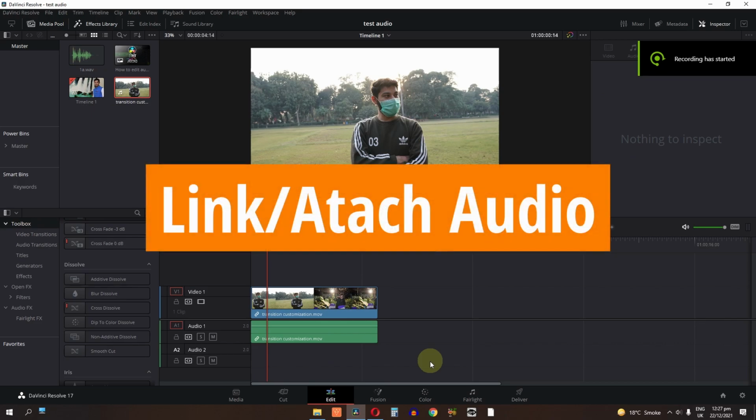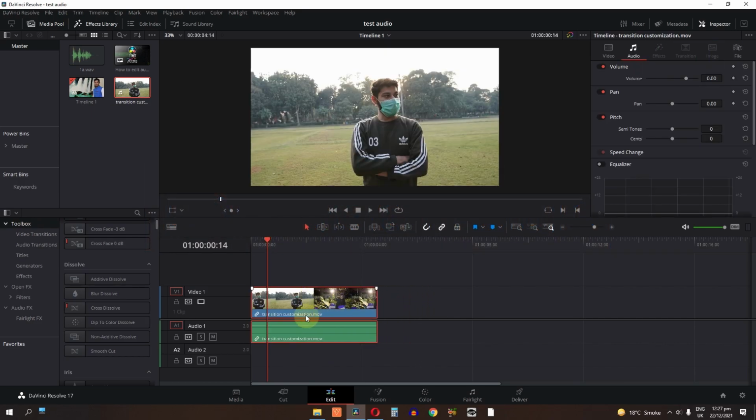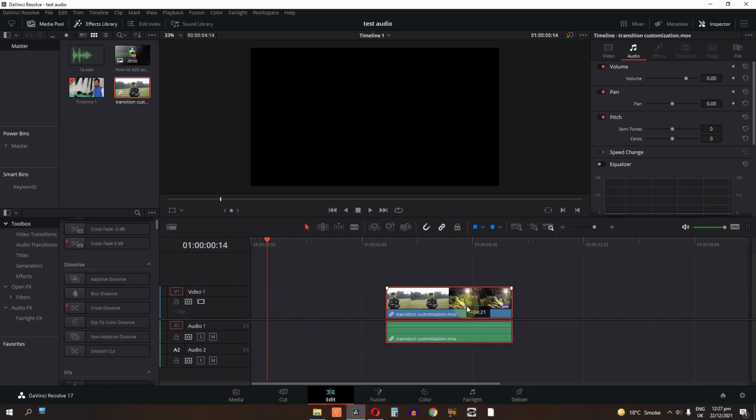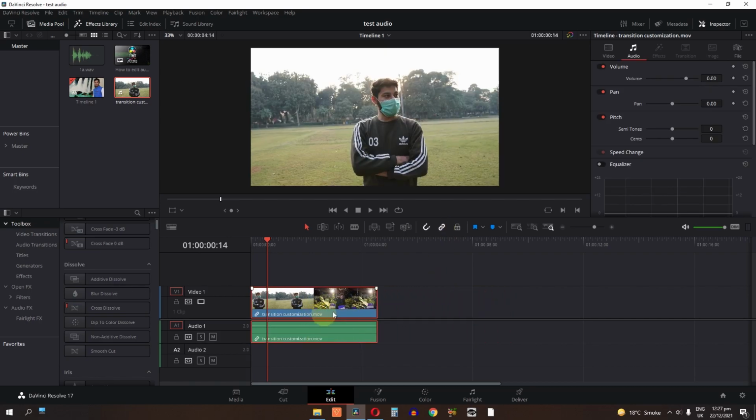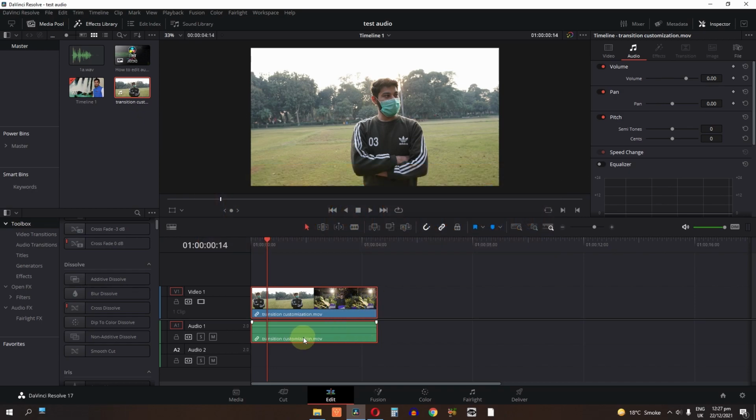So how to link an audio or attach an audio? As you can see, I have the audio linked with my video. So just enable the link selection and you have the audio linked with the video. Now if you want to detach or unlink the video and audio, just uncheck this or enable this and you